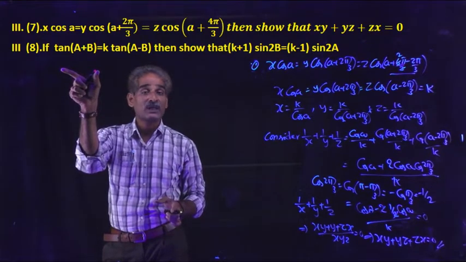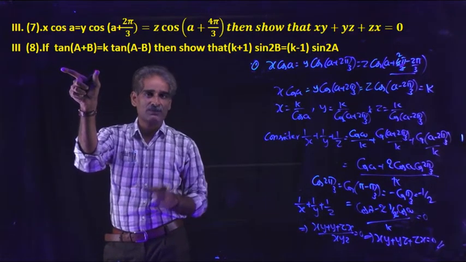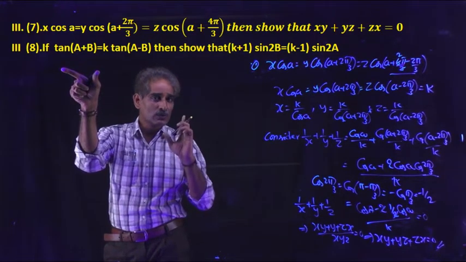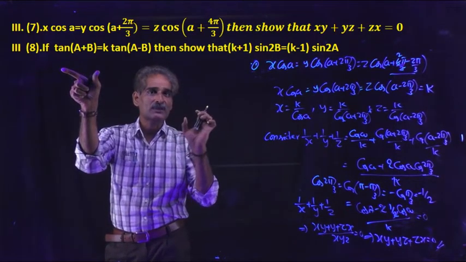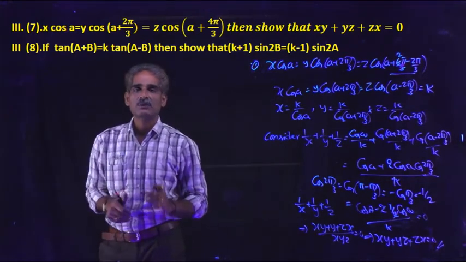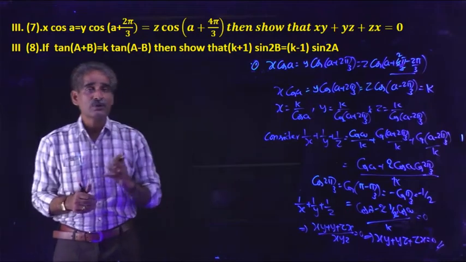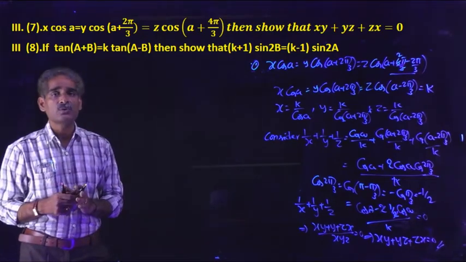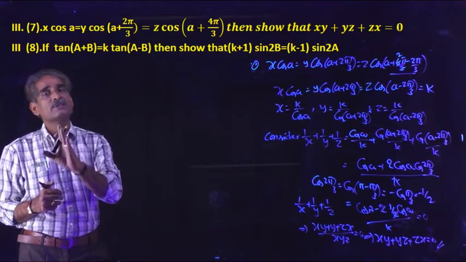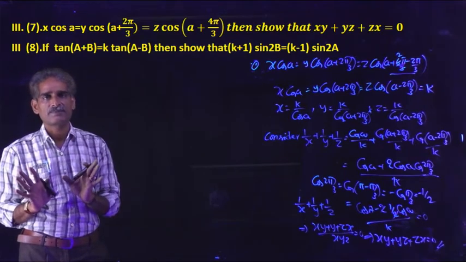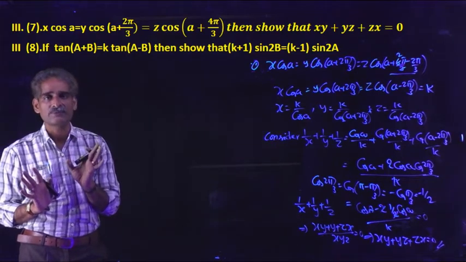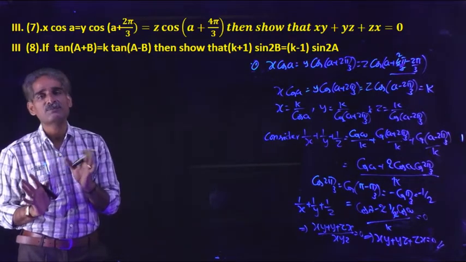If k/1 or 1/k is there, there is a chance to get (k+1)/(k-1) by componendo and dividendo. You have to observe that relation. How will we get this type of relation? At the same time, if you want to apply componendo and dividendo, the function should be sine or cos, because there are transformation formulas between sine and cos only, like sin C plus sin D, cos C plus cos D, like that.